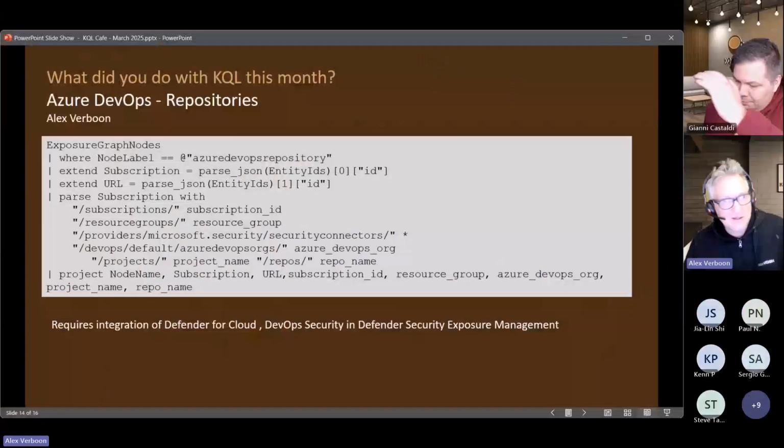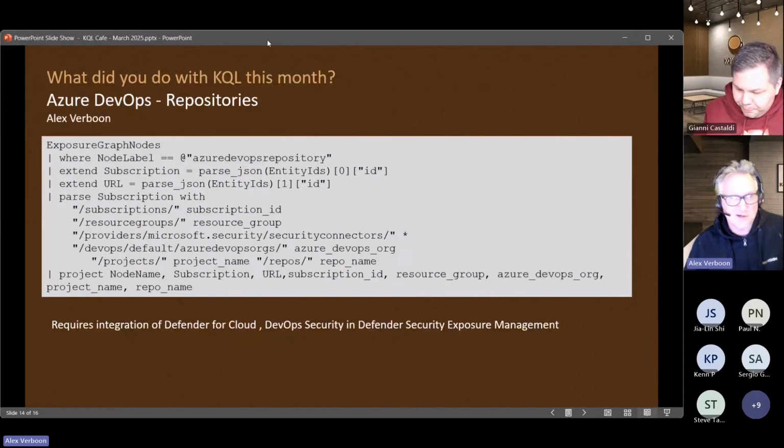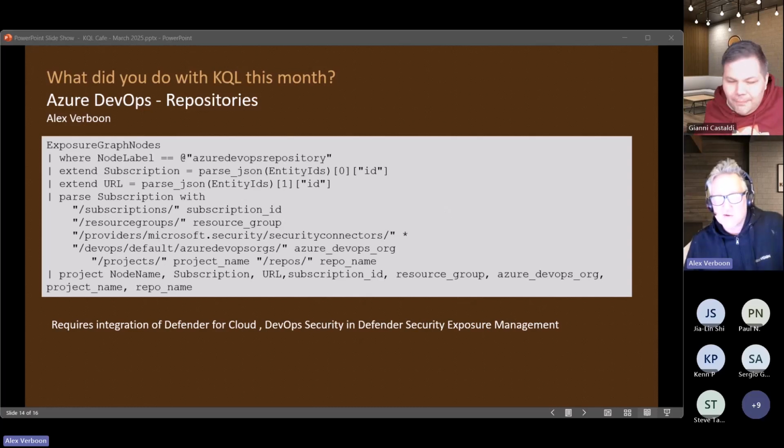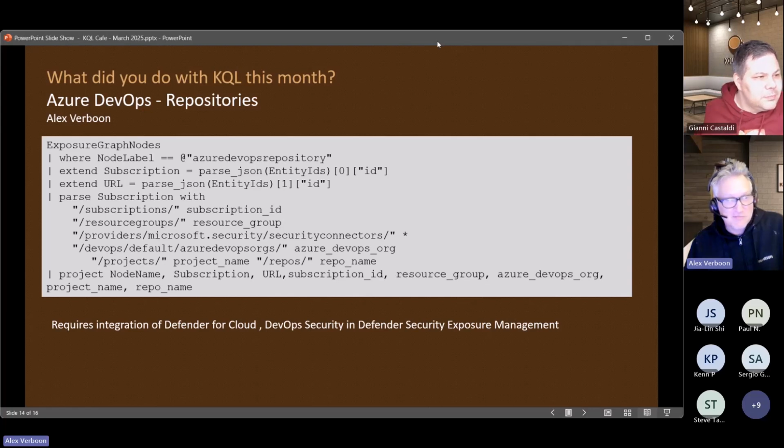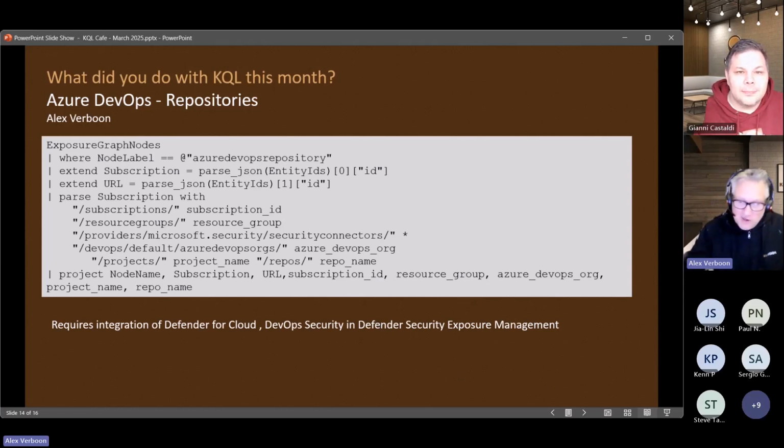Good. Yeah, then I have a small one. I'm still on that DevOps path. Last month I shared a query that originated from a customer who said, I have actually no idea what my users or my developers are using in terms of development tools. So we've basically thrown in all the telemetry that we have from Intune and Defender, and just started looking around for Git and pip and Python and all sorts of artifacts.